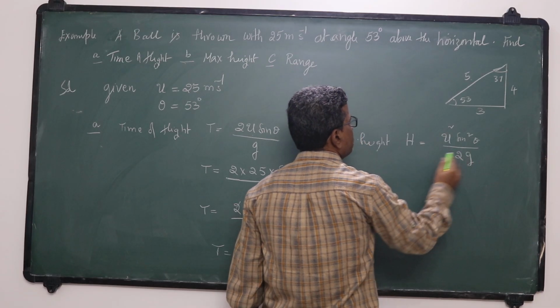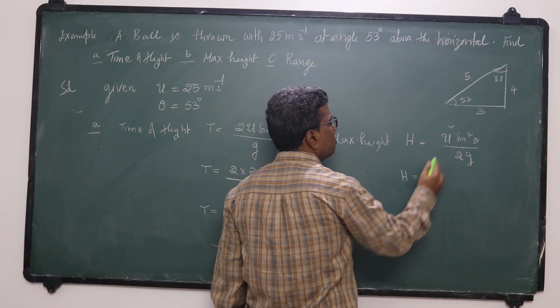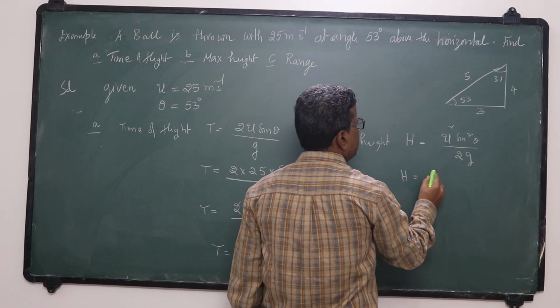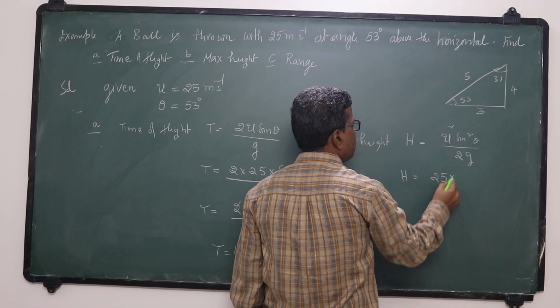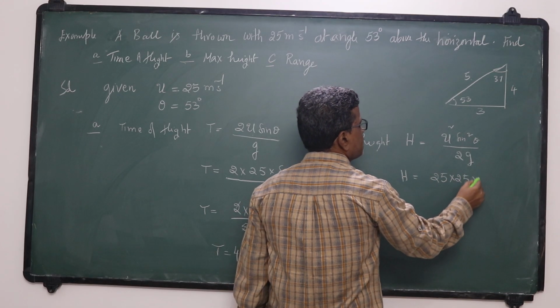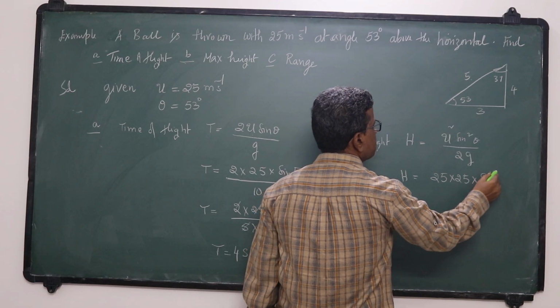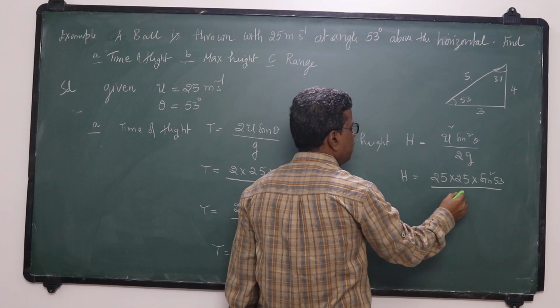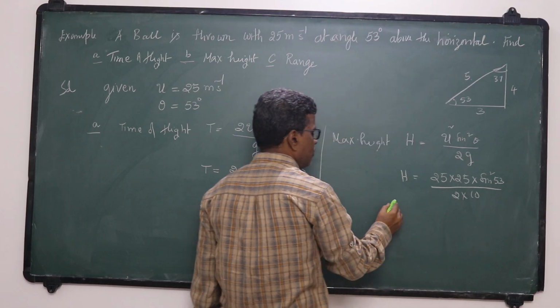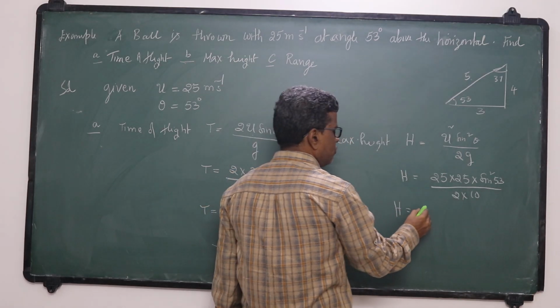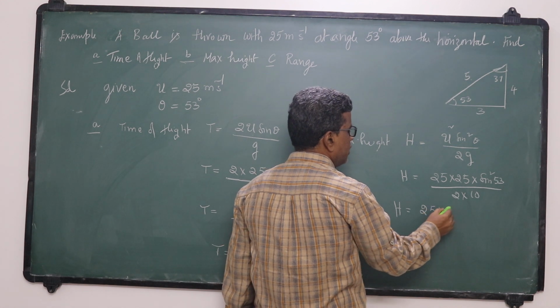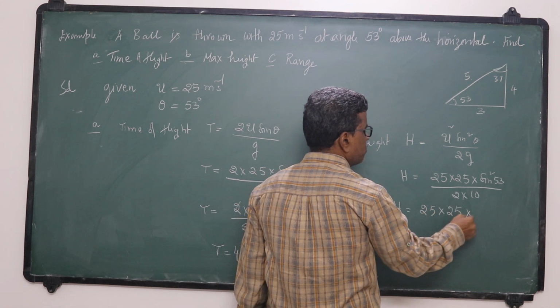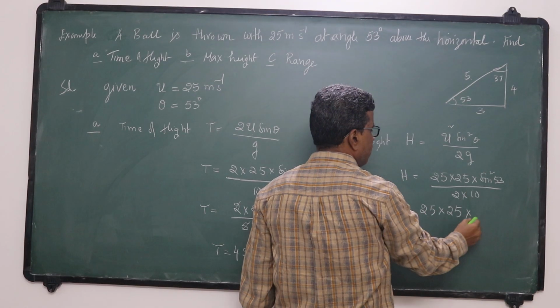So H is equal to U square, U is 25, 25 into 25 sin square 53 by 2 into g. Let g be 10. So H is equal to 25 into 25 into sin 53, 4 by 5,